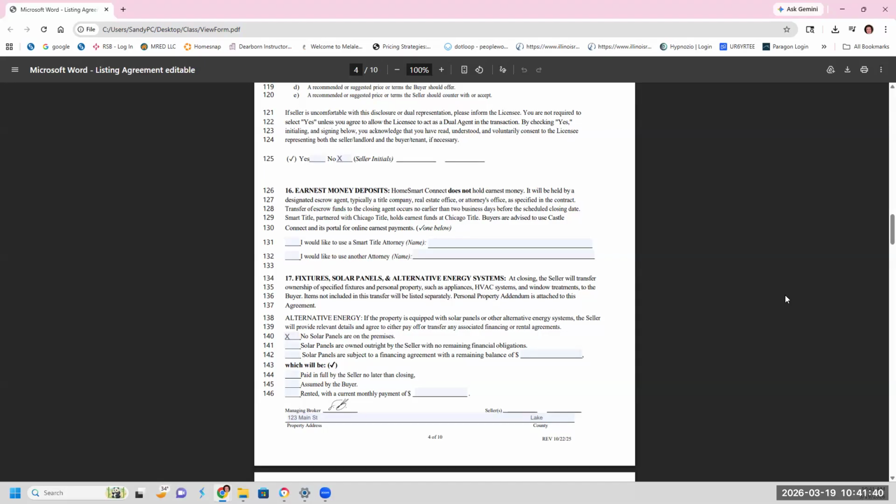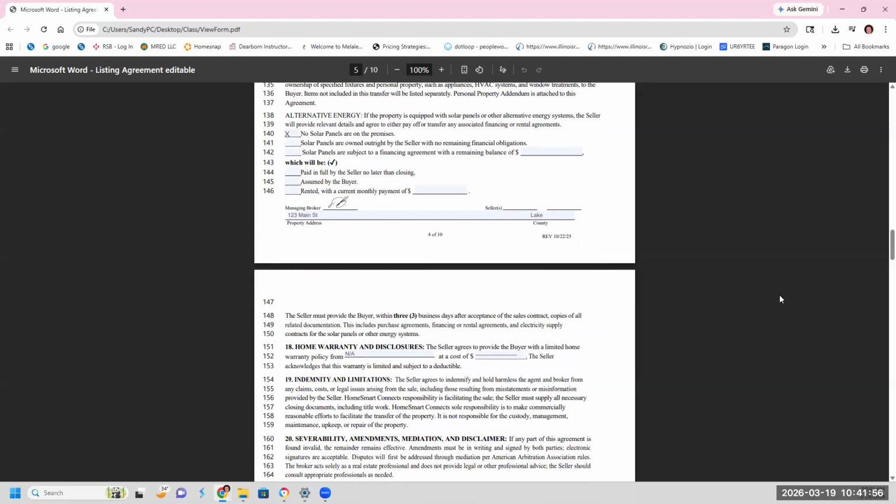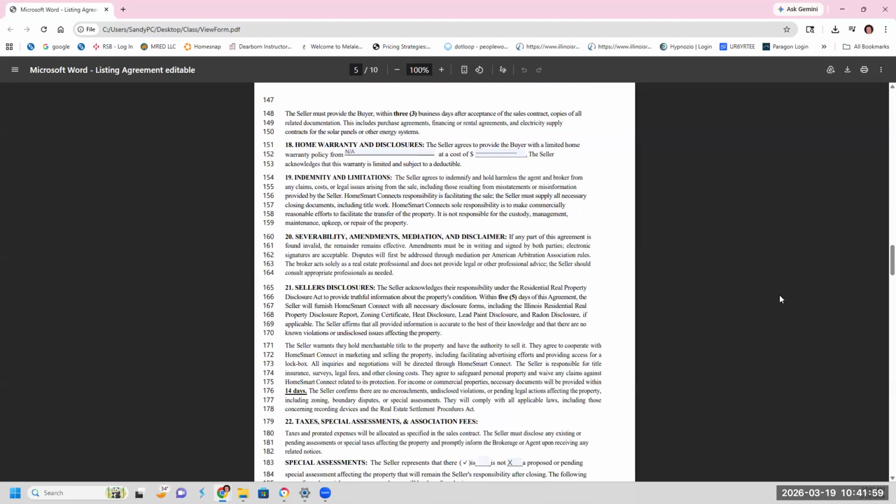We have seen cases where the seller had to pay off the panels to get the house sold. It all depends upon the lease agreement that you have with the solar panel company. If any of you have any comments about this, I haven't had any myself, but I've seen a couple deals in our office get affected by this. Ask as many questions as you can. Get documentation if you have a seller that's got a contract. All right? Any questions?